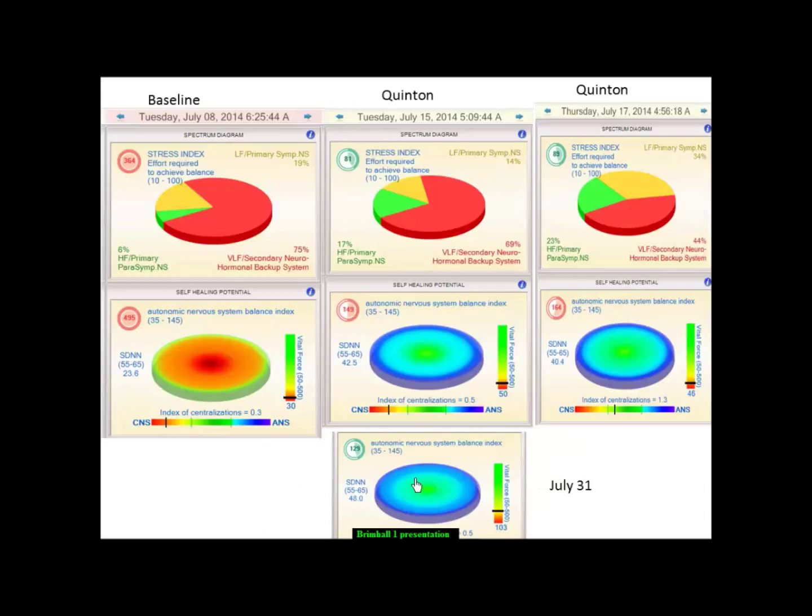So with that in mind, we went a little further and we looked at some other screens with this gentleman. And we see that his stress index, this is how hard his nervous system has to work to maintain balance. And look at the range. It's 10 to 100. He's 364. He's way over range on July 8th. And this is looking